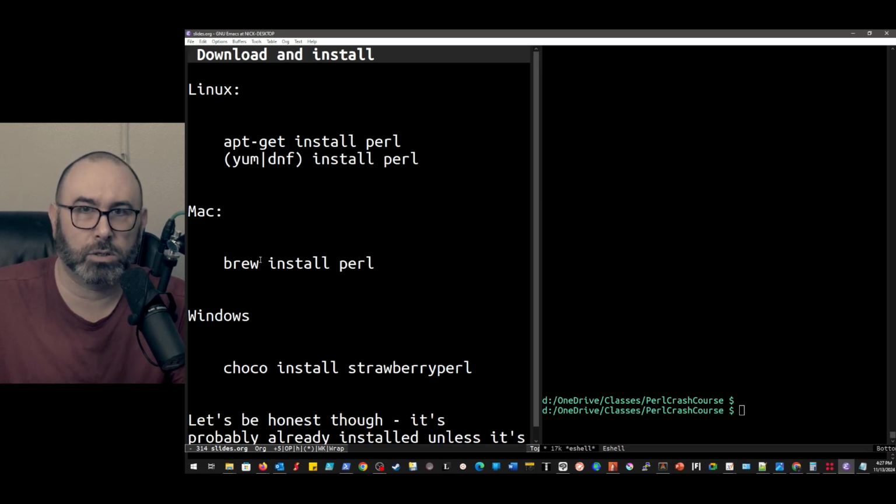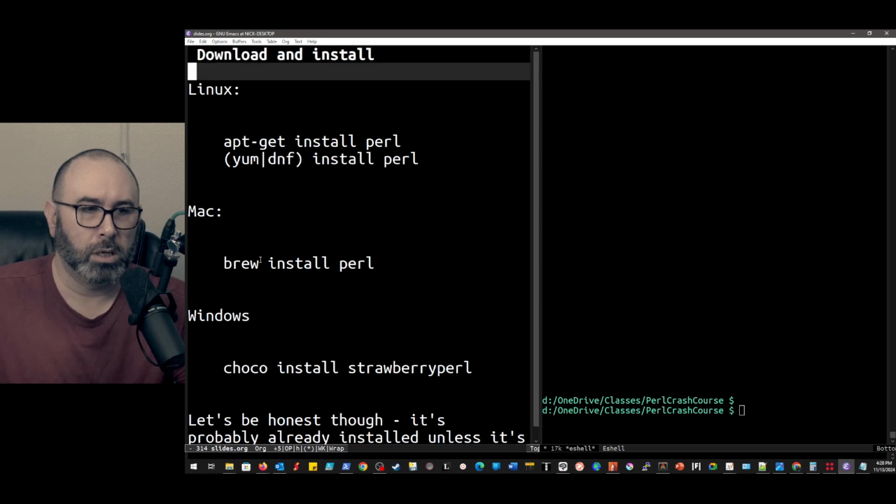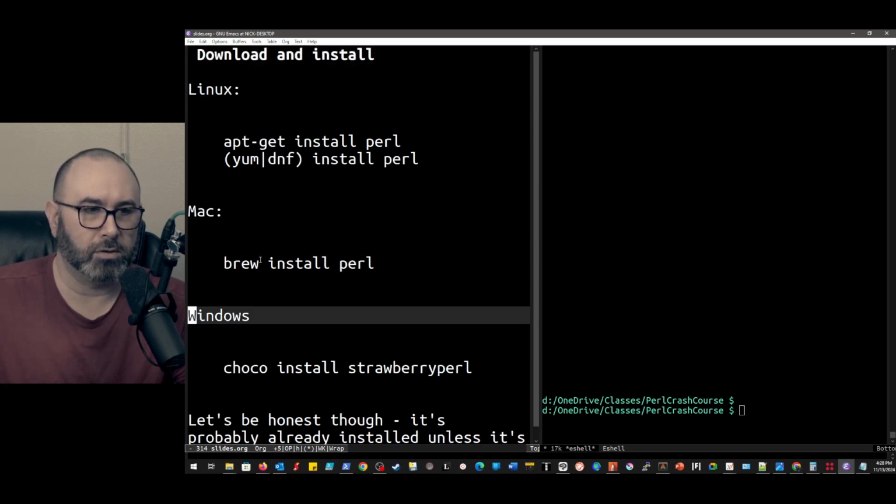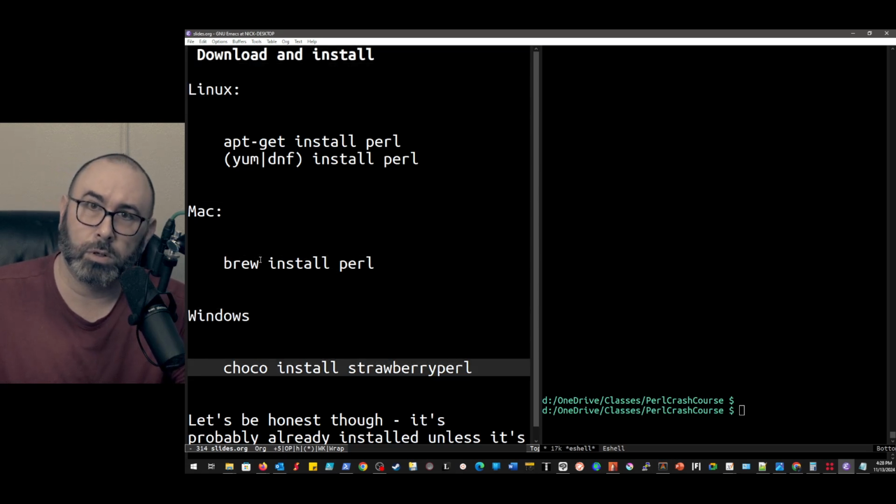To install Perl, use apt-get, yum, dnf, whatever it is you're going to be using. If you're on FreeBSD, pkg. If you're on Mac, you can do brew. On Windows, there's a number of distributions of Perl. There's no official one that you need to use, but Strawberry Perl seems to be the most popular one in the Windows ecosystem these days.